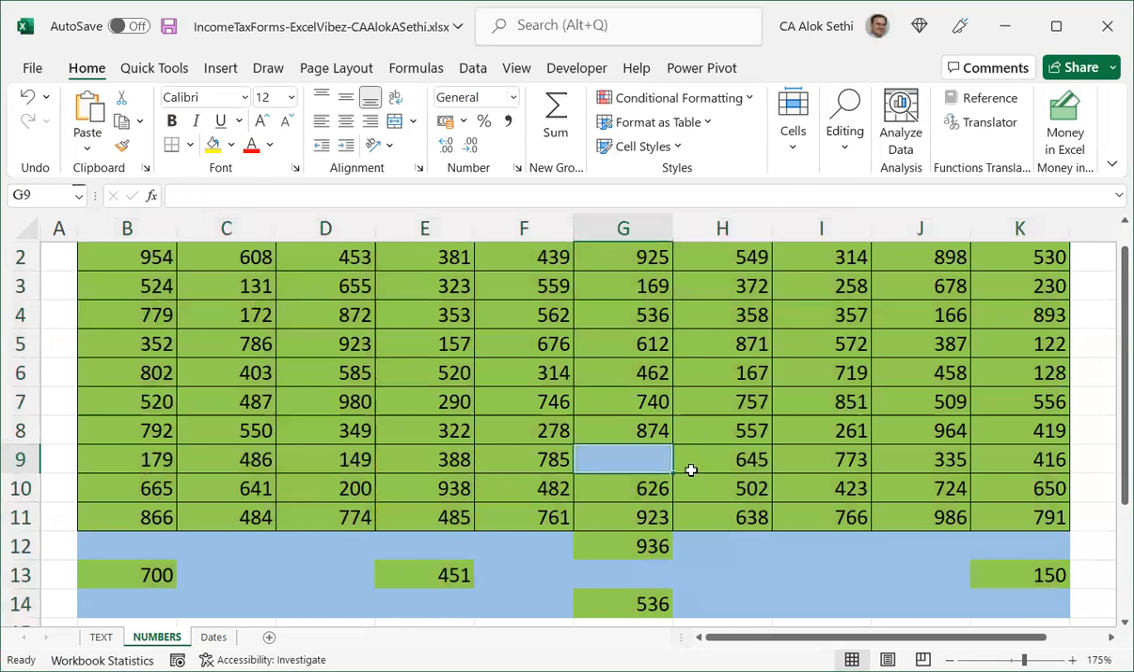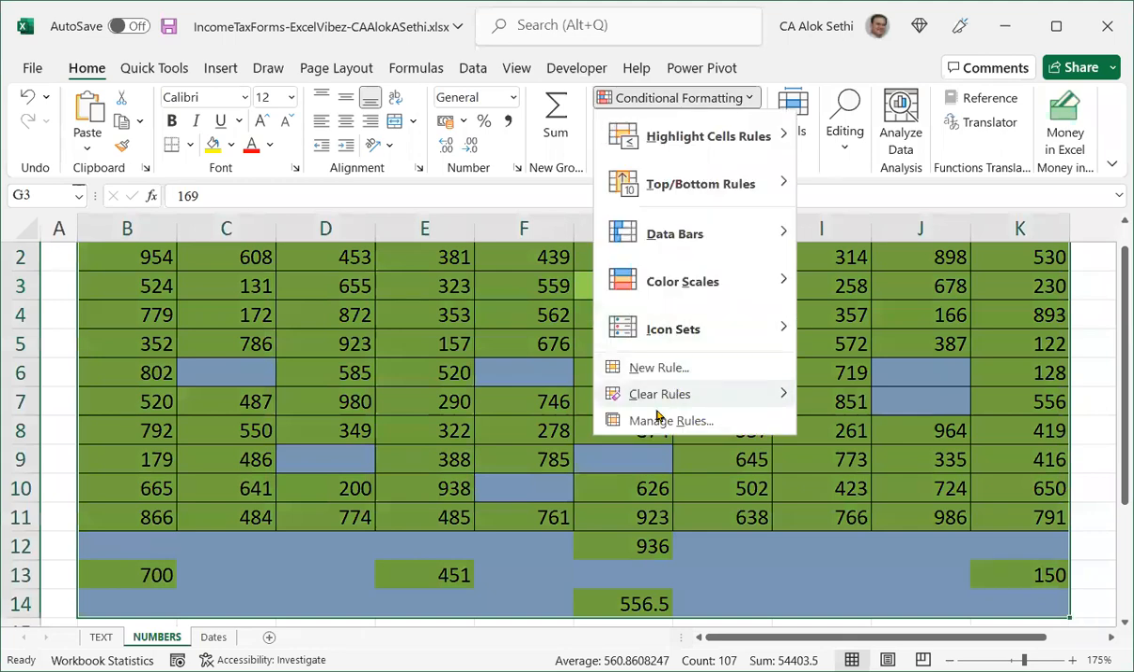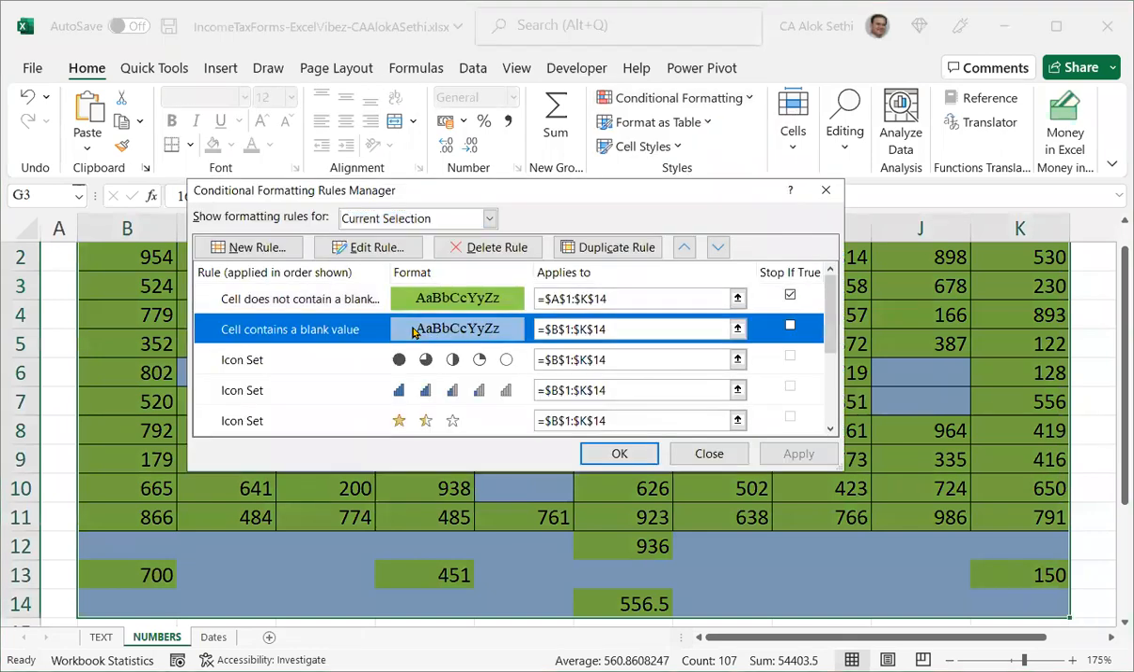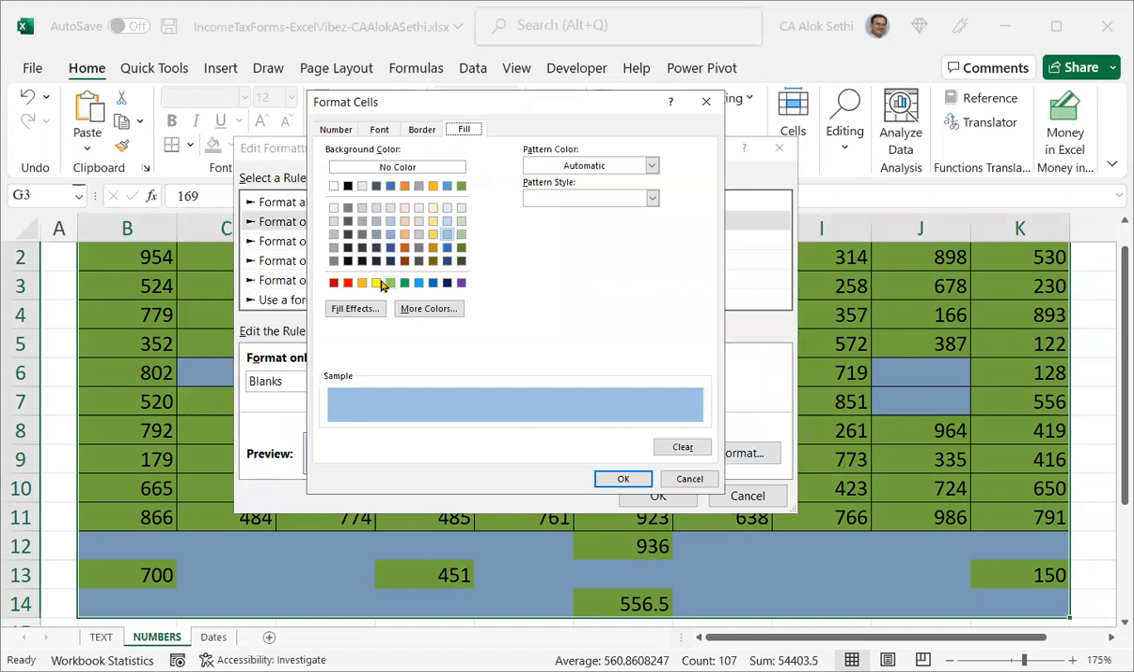Suppose that I delete a value from here. See what is happening as I am deleting the value. Color is changed for blank. Color is changed for blank because for blank we have selected a blue color. Okay, so now I will just change. I will again go to manage rules, and now instead of blue I want a white background for the blank cell, or maybe